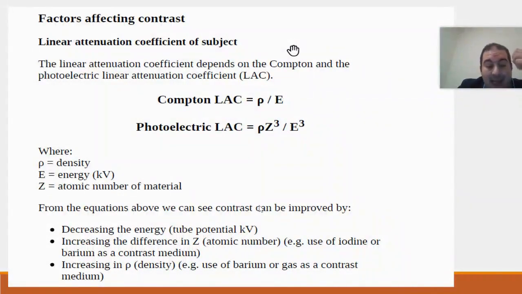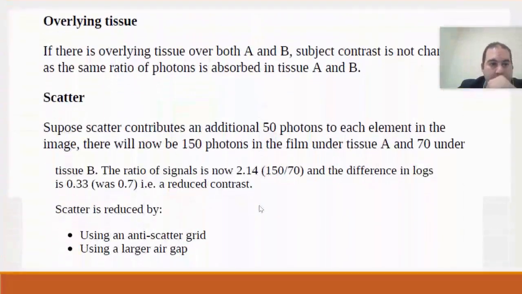Decreasing the energy increases the contrast, because it increases the attenuation. An increasing difference in the atomic number between the two tissues you are contrasting will also increase the difference in attenuation and enhance the contrast. Additionally, an increase in density will also increase the attenuation and enhance the contrast of the image. So, if I have, for example,